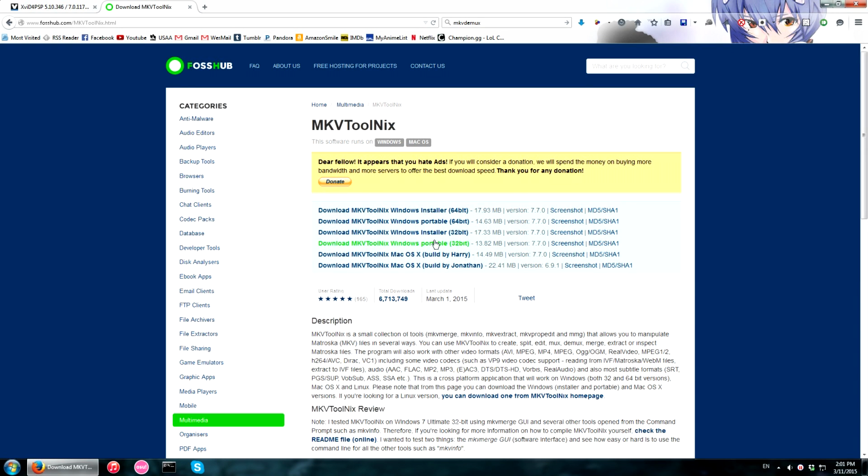Got a bunch of different options. If you know that your computer is 64-bit Windows, you can go ahead and download that. If you don't know, download 32-bit. Even if you have 64-bit, like my computer right now is a 64-bit Windows, a lot of times you don't actually need the whole 64-bit program. So go ahead, this is pretty much for everybody, download the installer version, 32-bit,